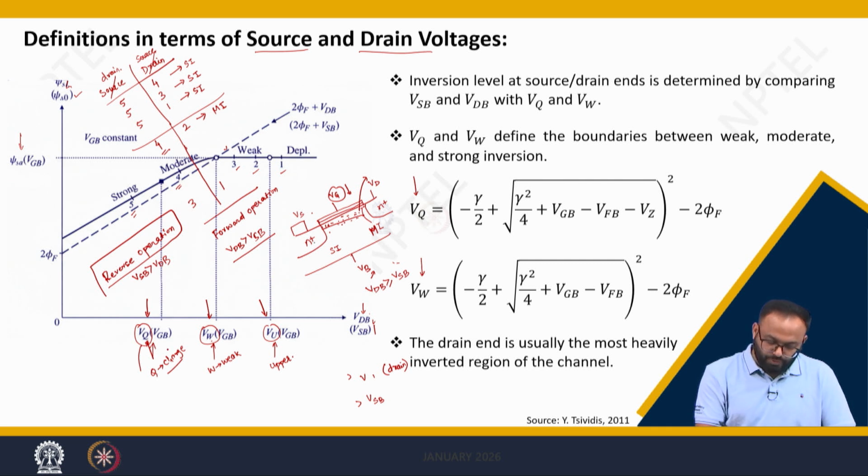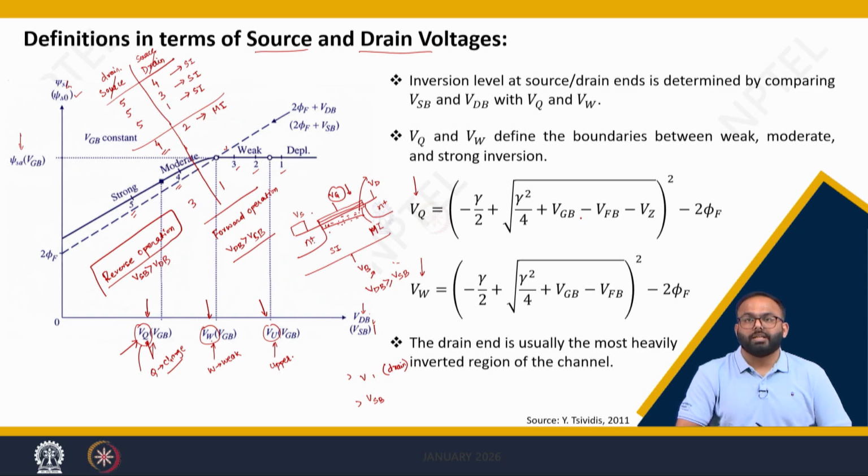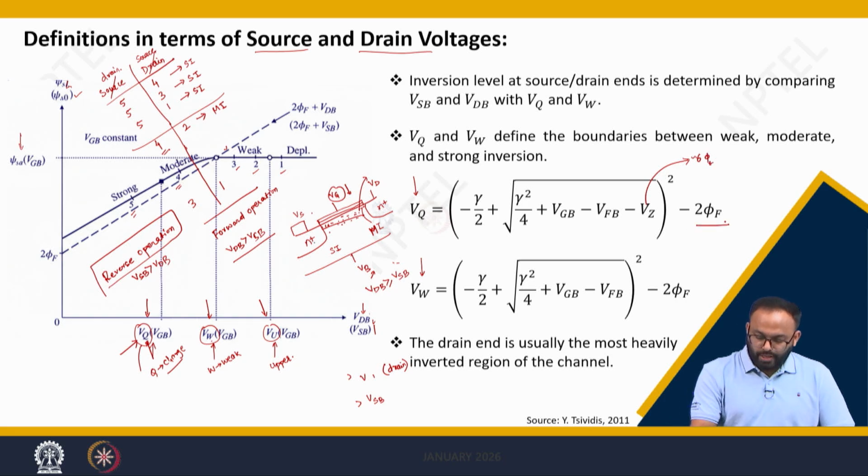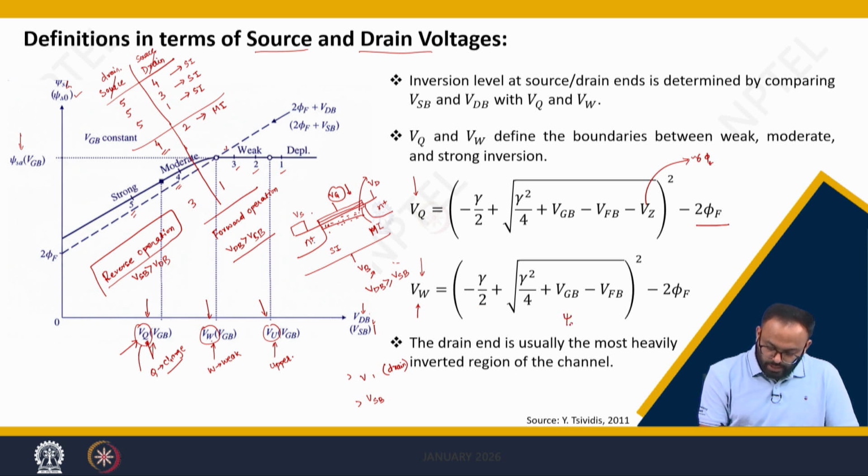We said that VQ is given by minus gamma divided by 2 plus square root of gamma square by 4 plus VGB minus V flat band voltage, minus Vz, where we have discussed that Vz is approximately 6 times phi t minus 2 phi f, and VW is the onset of weak inversion, which is nothing but minus gamma by 2 plus square root of gamma square by 4 plus VGB minus V flat band voltage, whole square. If you see carefully and remember, this is nothing but psi SA,